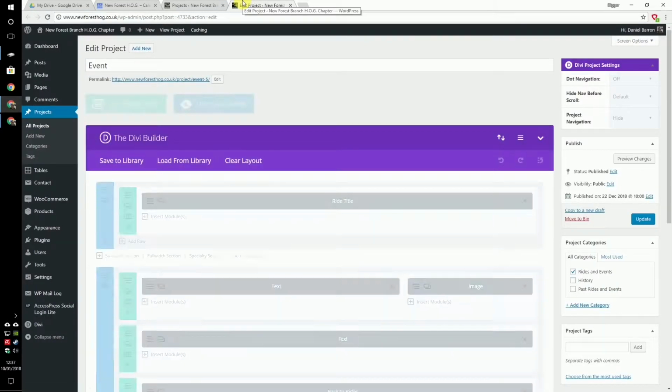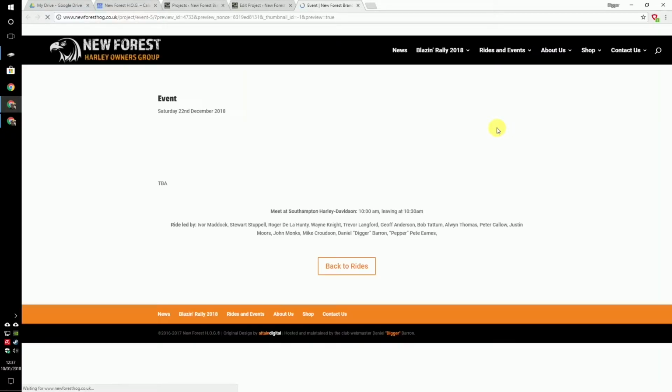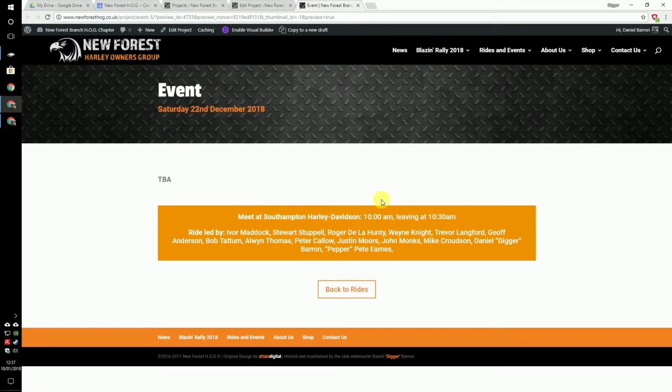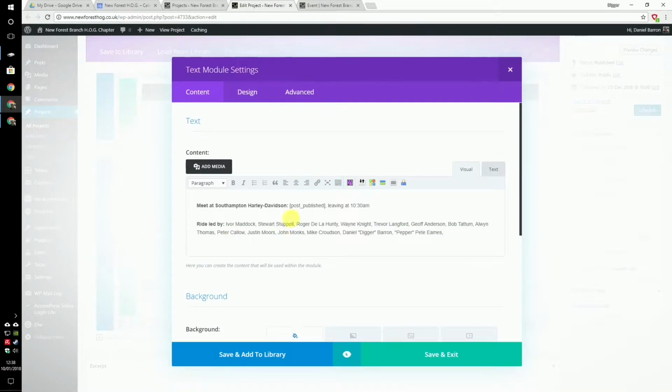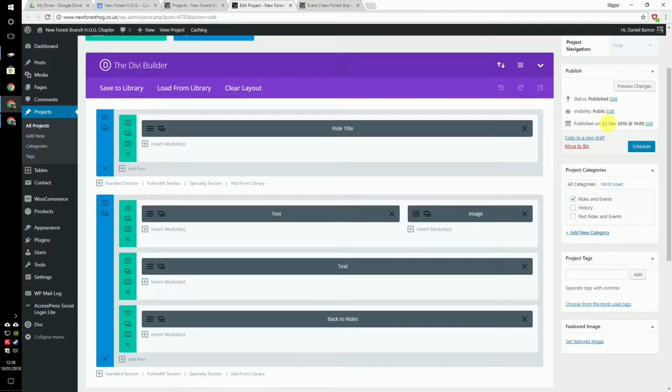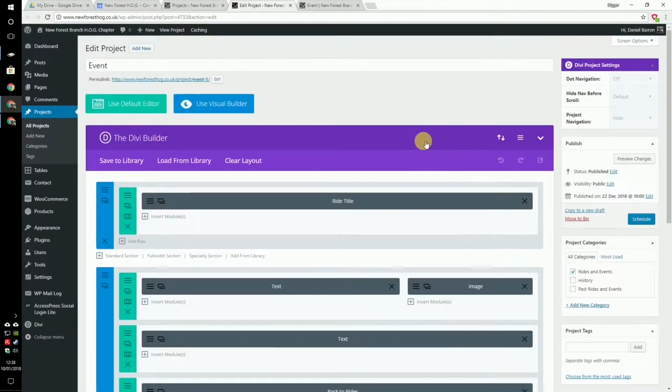So what I've done is I've created a generic event page. If we preview that, it's a generic event page, nothing on it, no picture, and a couple of neat little things in there. So for example, I can modify the code so that I can put in this post-publish bit, so that the start time comes straight from the time that it's published. There's a plugin that allows you to publish things that are in the future. Yeah, don't worry about that. So I've got a generic project page,